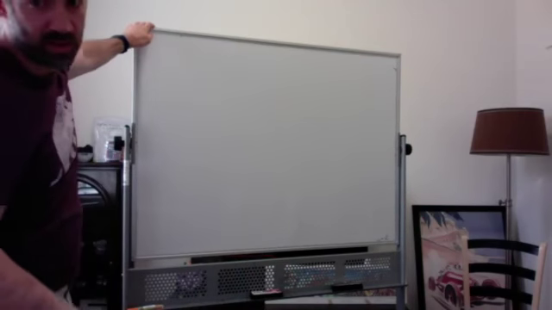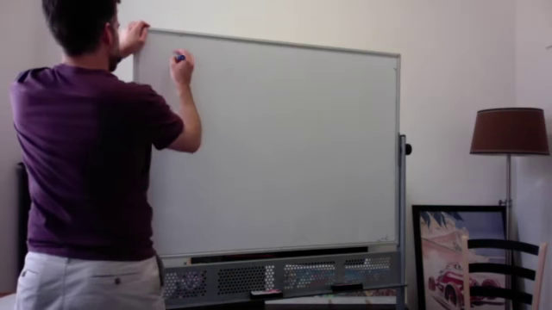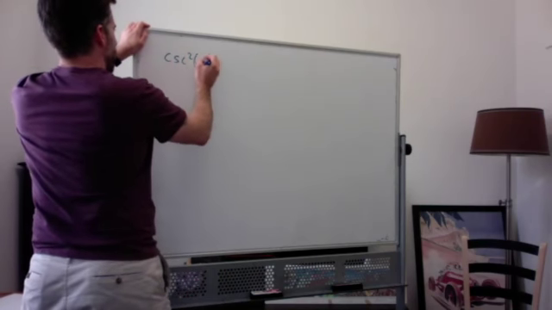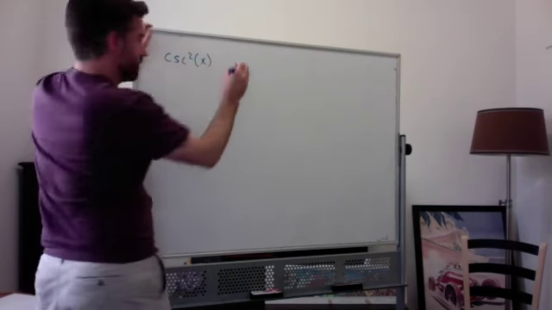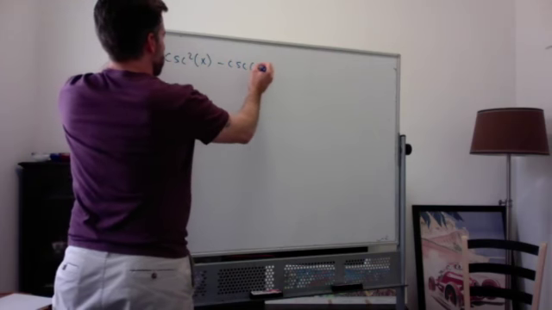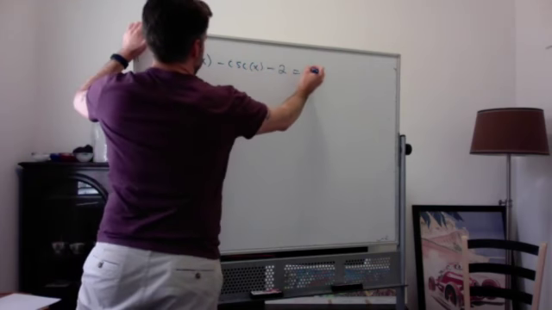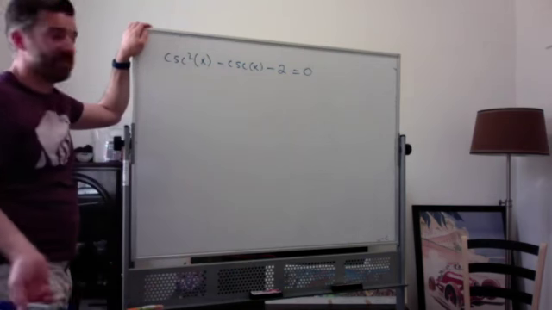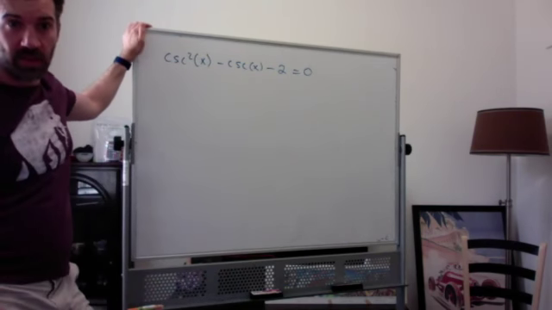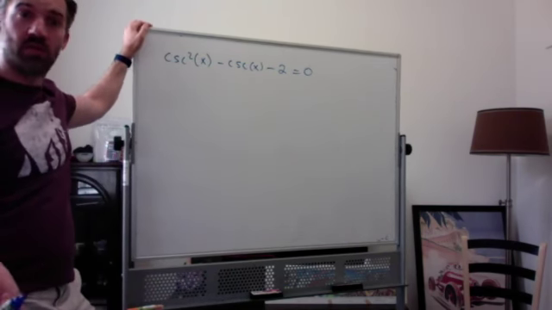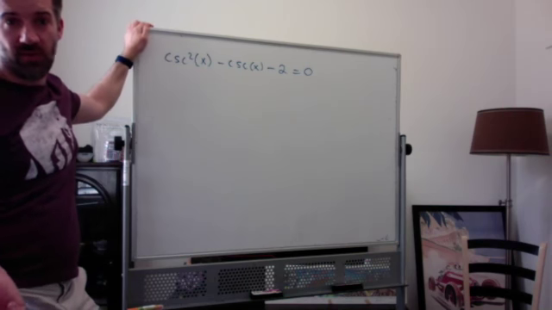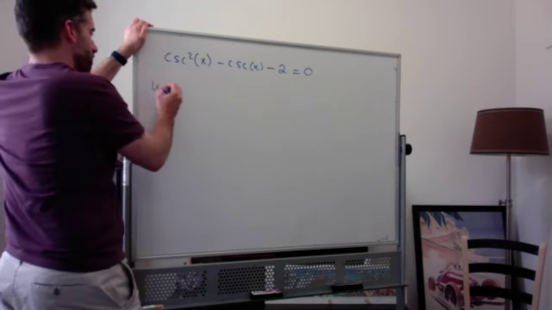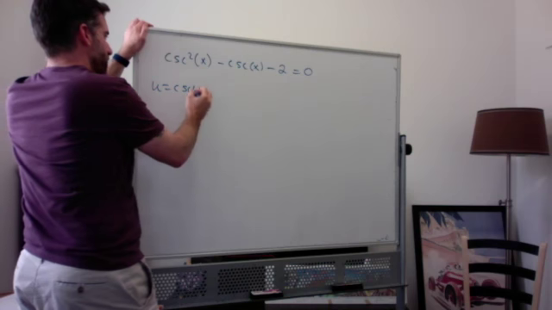So let's see. The next one is a little bit more challenging. It's cosecant squared of x minus cosecant of x minus 2 is equal to 0. And this is essentially a quadratic. If you really wanted to, you could do a u substitution. I don't think you have to, but you could go to u is cosecant of x, and then you